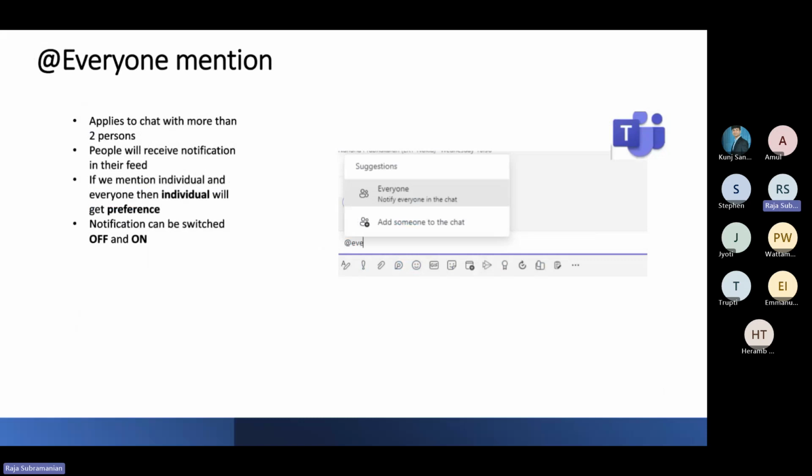Another mention is @everyone. Again, this is a very small one. Say, for example, you have a 2 member group, or a 100 member group. Usually, when we are working in a support team, a project team, or as a